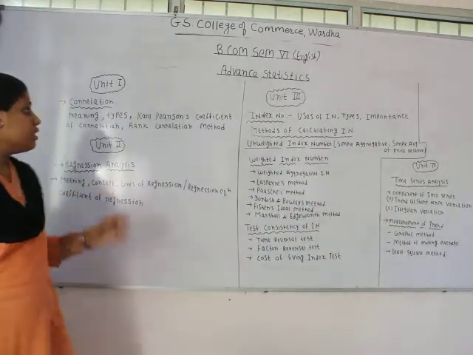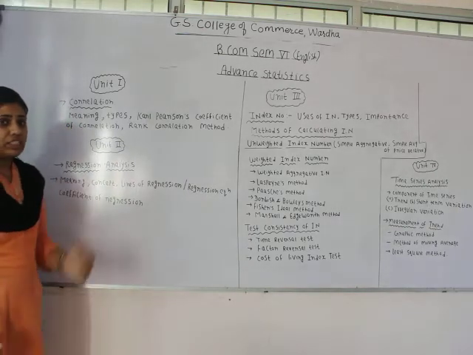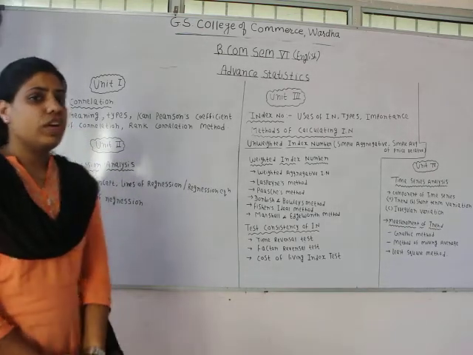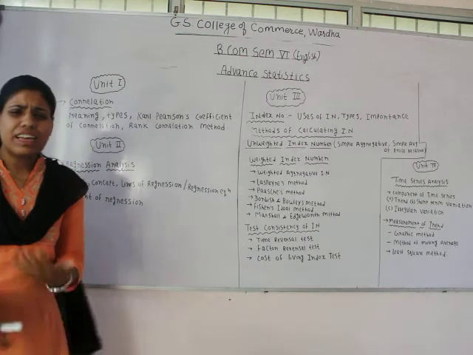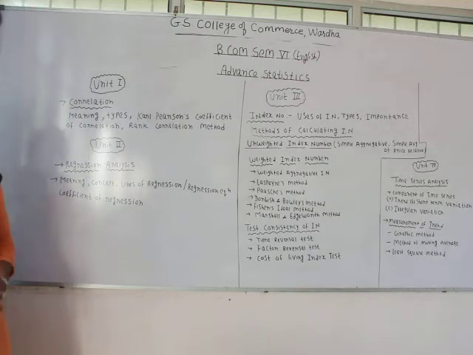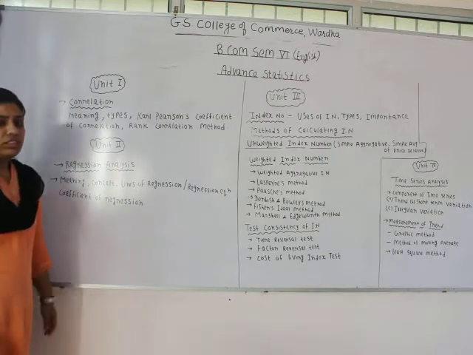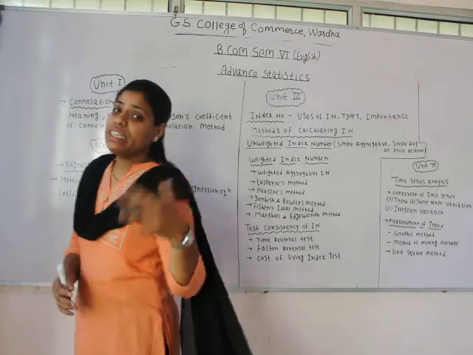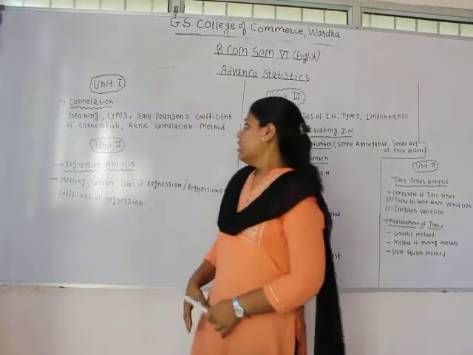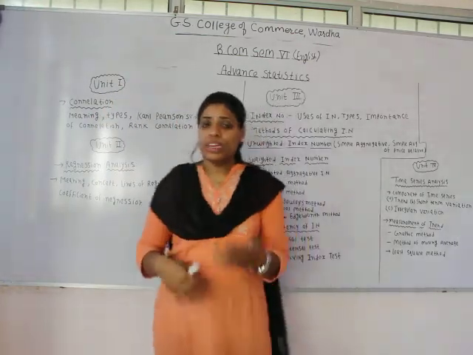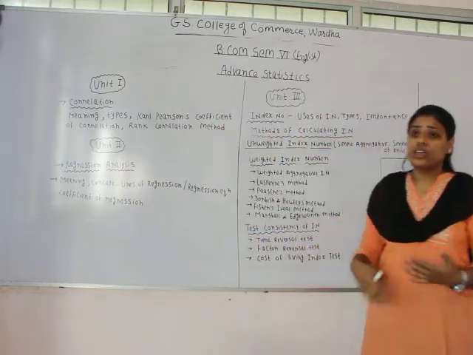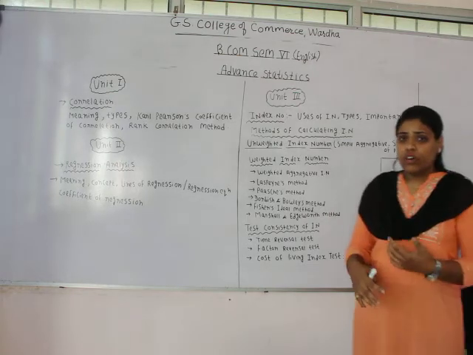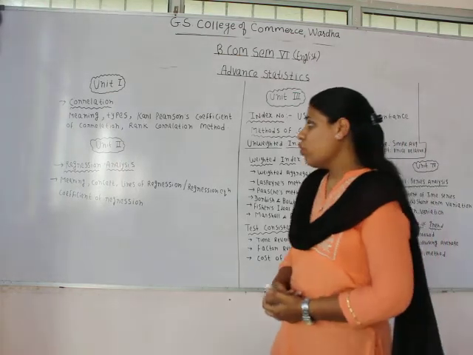The first unit is associated with correlation analysis under this subject, whereby we are going to see the meaning of correlation, what correlation actually means. Then the types of correlation, the different types of correlation. Then we have the numerical problems as well. Here we are going to learn the two methods for solving the numerical problems of correlation.